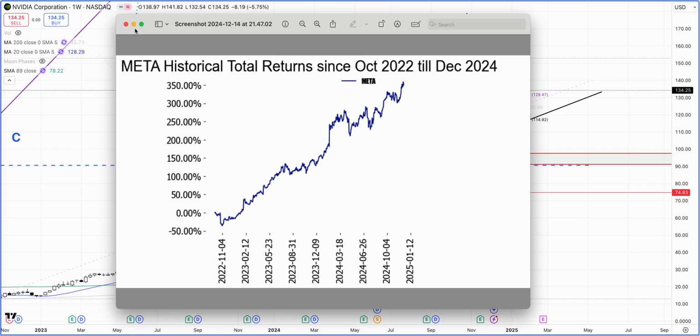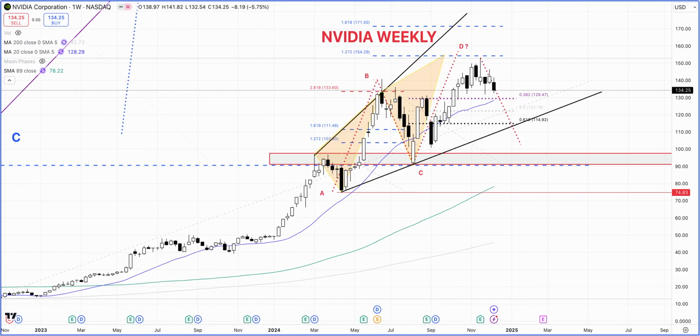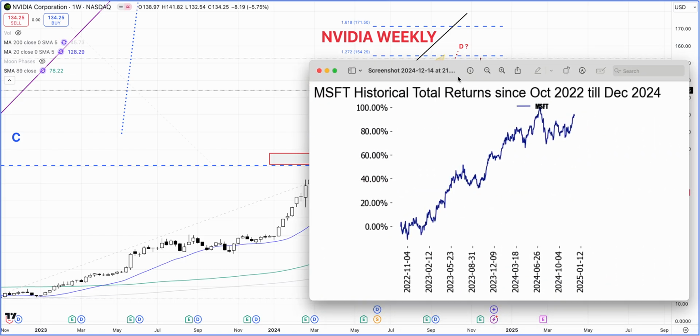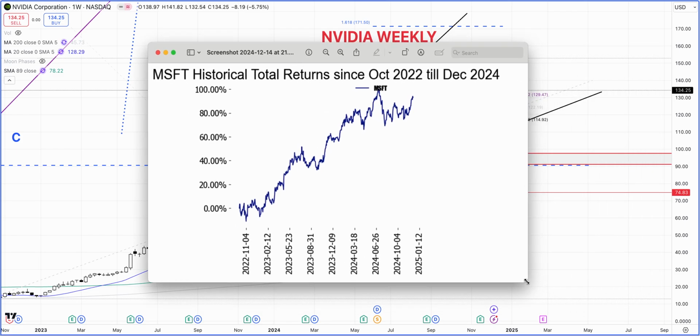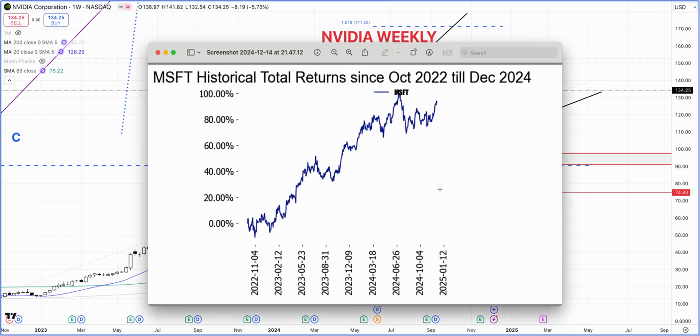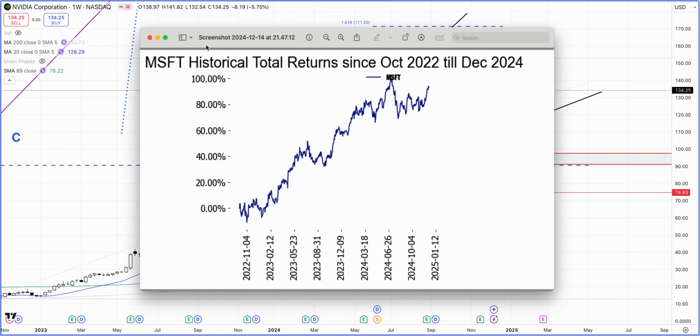So a fantastic stock to keep an eye on, and look at this fantastic return it has delivered for the investors. Then we take a look at Microsoft. Microsoft also did really well throughout this wave of artificial intelligence. The story about OpenAI and ChatGPT, because they took a stake in the company, and the Microsoft investors have also been rewarded really nicely with nearly close to 100% return since October of